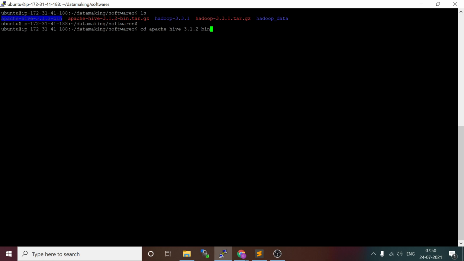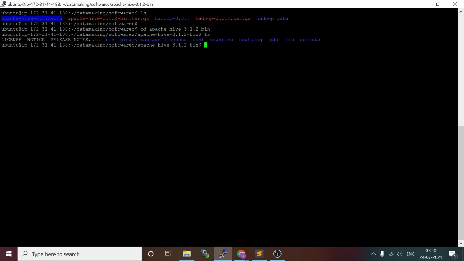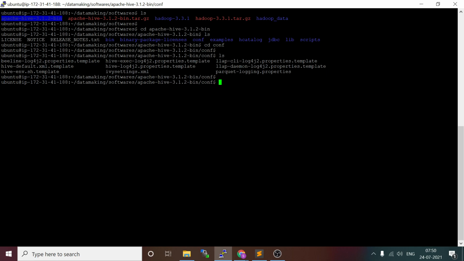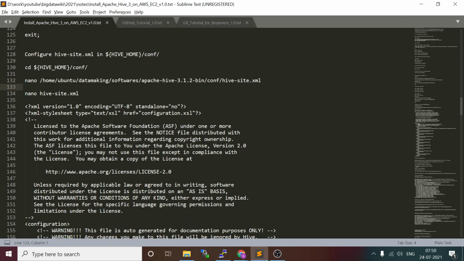For example, we are in the softwares folder, so get into this Hive folder, and if you do ls, there is a folder called conf. cd conf. You see there is a file called hive-default.xml.template. This file we can recreate as hive-site.xml and take whatever properties we need, or I'll just create this file directly and paste these configurations.